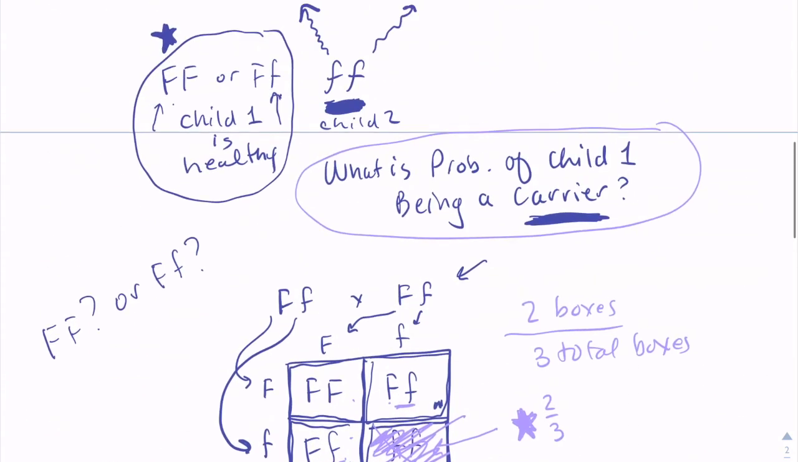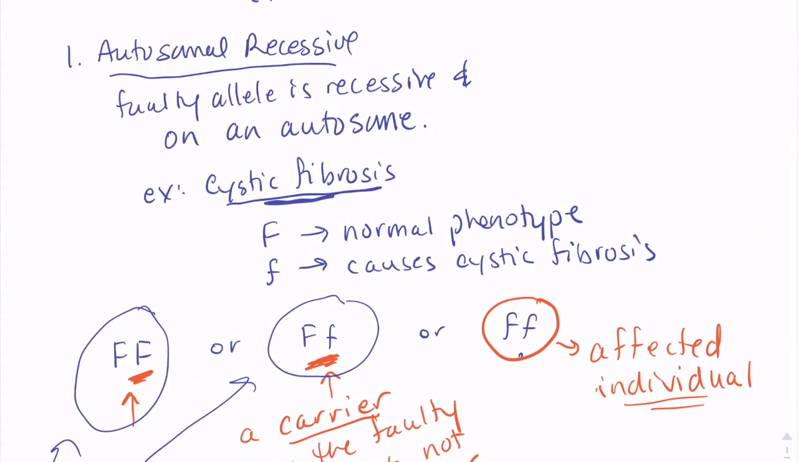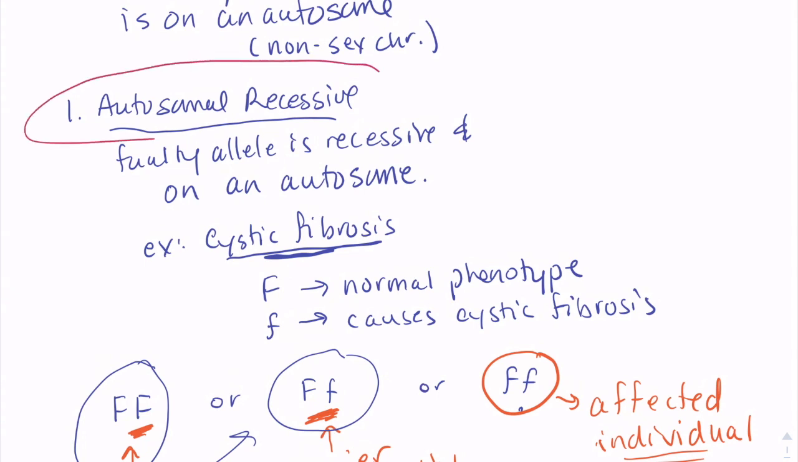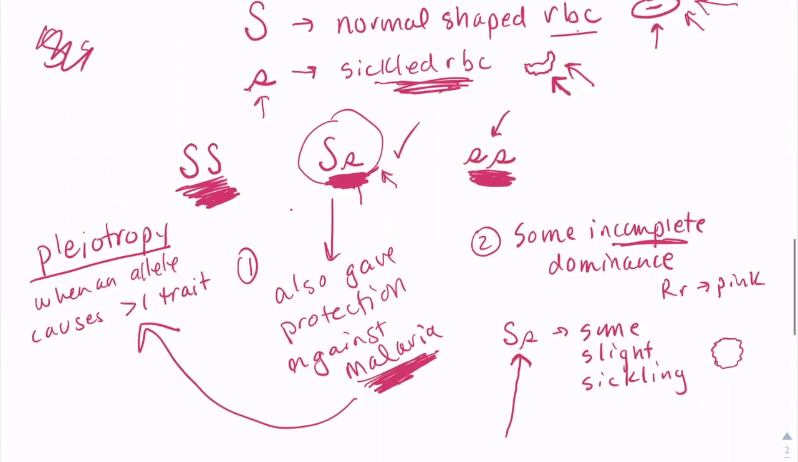And so those are two examples of autosomal recessive disorders. That is when the faulty allele is recessive and on an autosome. But the faulty allele isn't always recessive. Sometimes the faulty allele is dominant. And let's go back to blue. Okay, so that's 2. I'm going to skip over this line. All right, so 2, we have